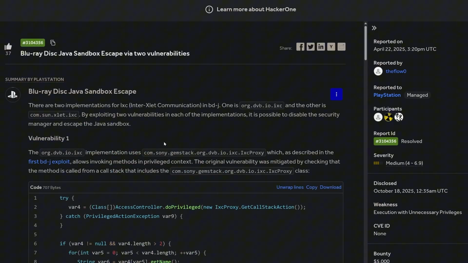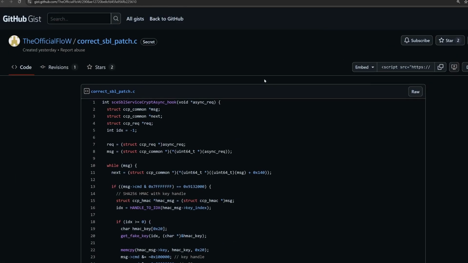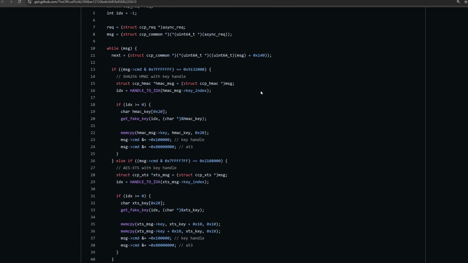And the Blu-ray exploit that we're using right now to jailbreak the PS4 on 12.02, we know that was patched in 12.52 and works up to 12.50. So it looks like the flow was already well aware of these exploits and reported them to Sony back in April of 2025. Something interesting here is that the flow just casually dropped this patch file on GitHub